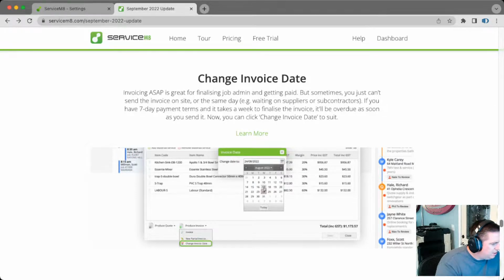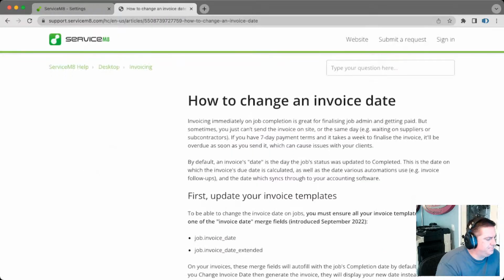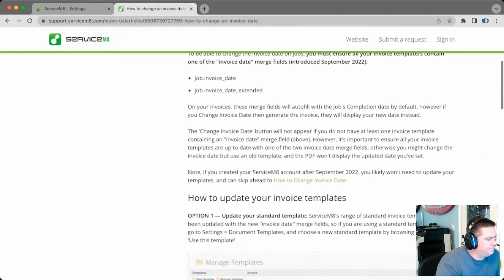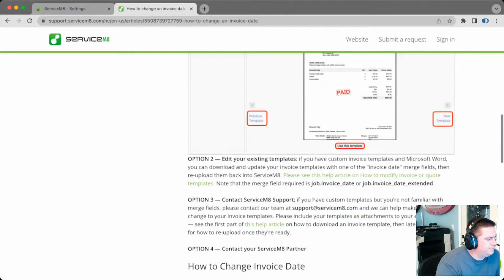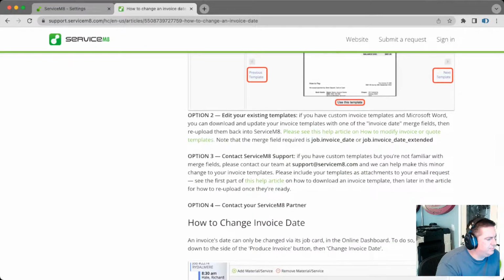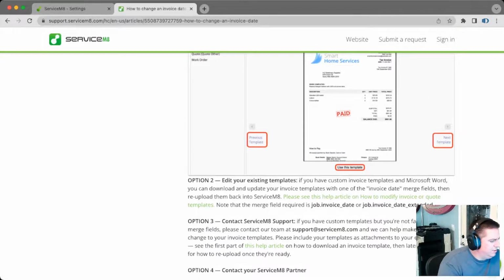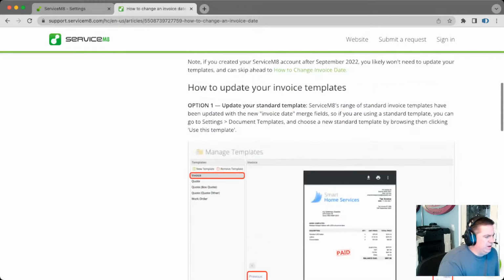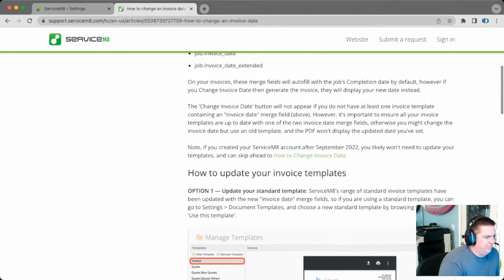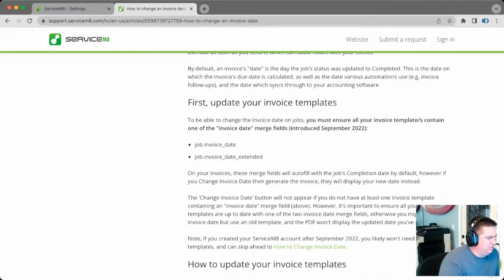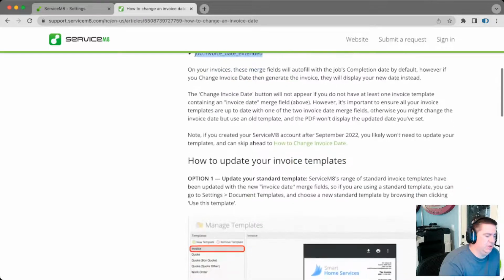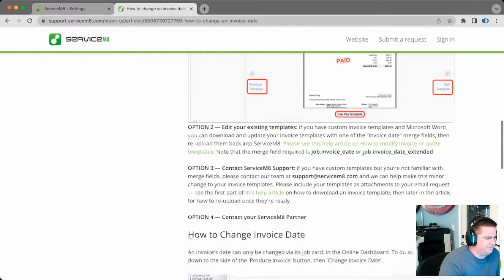Interesting. I wonder if I need to enable something on that one. I'll have to dig into that one because I may need to enable something that's not jumping out at me. Or I may need to have a template that will use this new date, which could be as well. You may have to add something to your document templates to use this function. But once you have that enabled,